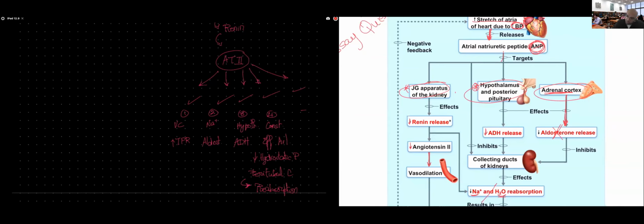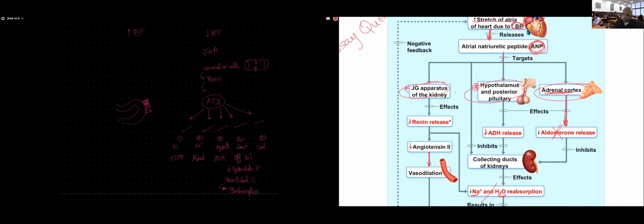The last function that we have discussed for angiotensin 2 was the contraction of the extraglomerular mesangial cells. And remember, the contraction of the extraglomerular mesangial cells will result in a decrease in the surface area available for filtration. If you don't have enough surface area to allow the filtration to take place, this means you would have a reduction in the amount of water that gets lost out in the urine.